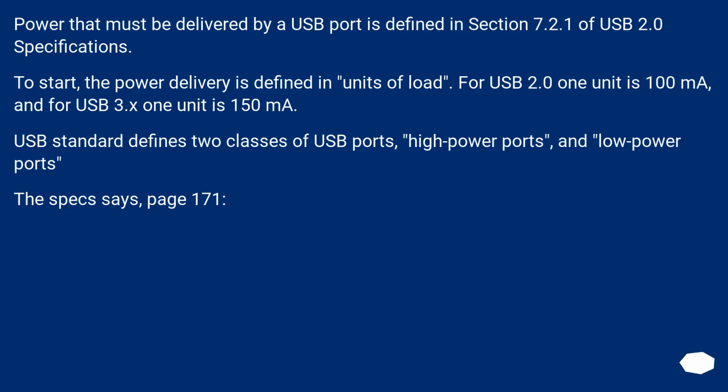Power that must be delivered by a USB port is defined in Section 7.2.1 of the USB 2.0 specifications. To start, the power delivery is defined in units of load. For USB 2.0, 1 unit is 100 mA, and for USB 3.x, 1 unit is 150 mA. The USB standard defines 2 classes of USB ports, high-power ports and low-power ports. The spec says, page 171: